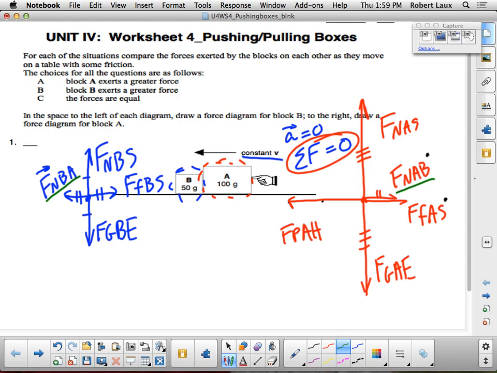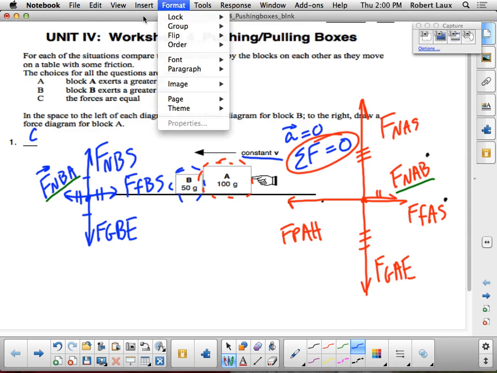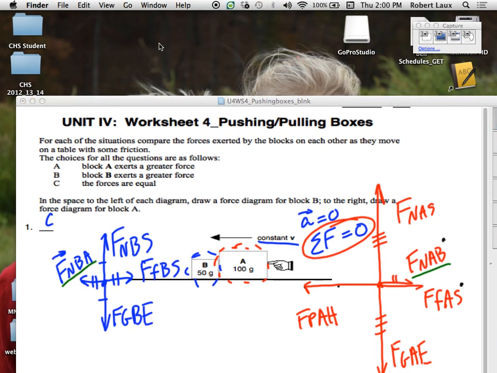Now there's one other thing that we were required to do for this problem. It says in the space to the left for each diagram, oh, nope, that's not it, right above there. The choices for the questions are as follows. Did block A exert the greater force on B? Did B exert a greater force on A? Or are the forces equal? And you would say they're equal. So make sure we put a letter C on there, and we can put that one to bed. So I'm going to pull off of here, click on there,